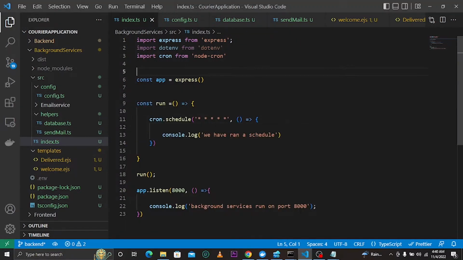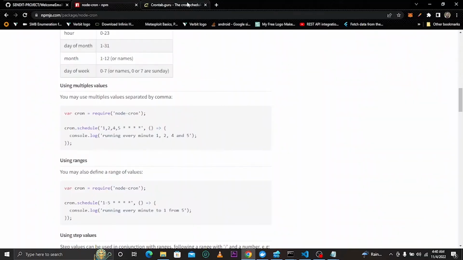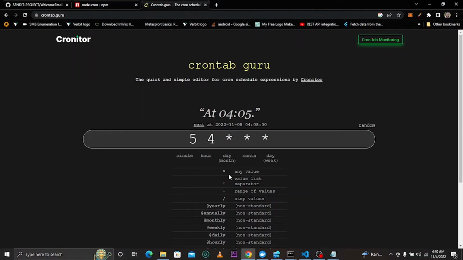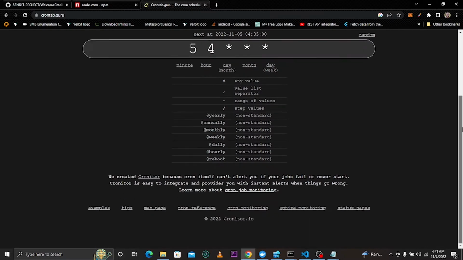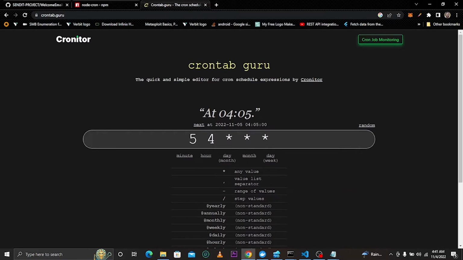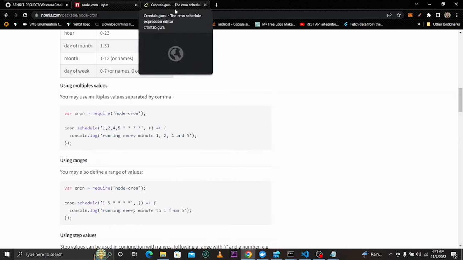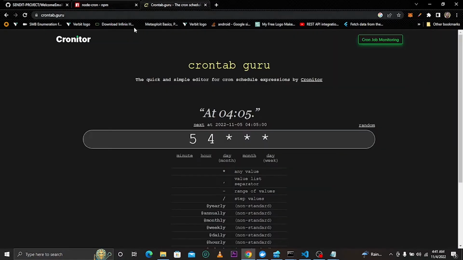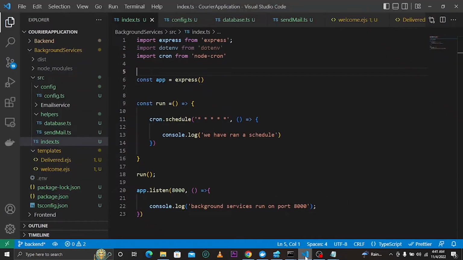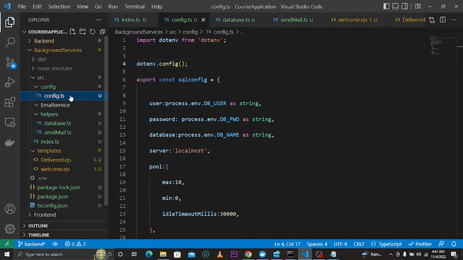But just come into your crontab guru and play with it, and you will have the knowledge on how to use the scheduling part of your application, or how to schedule tasks using this cron. So after that, now we'll just start coding. And now what we'll do is come here in our